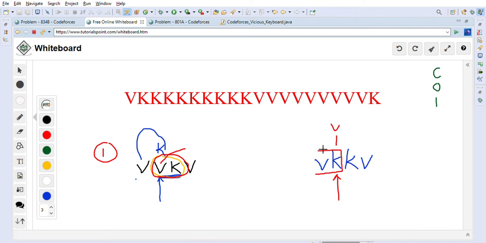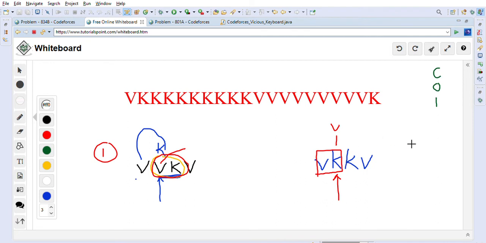You can see that this VK is already here, so changing this K into V is not going to give us any benefit, because we are already getting one VK here. Even if we change this K into V, we will not be adding any more VKs.